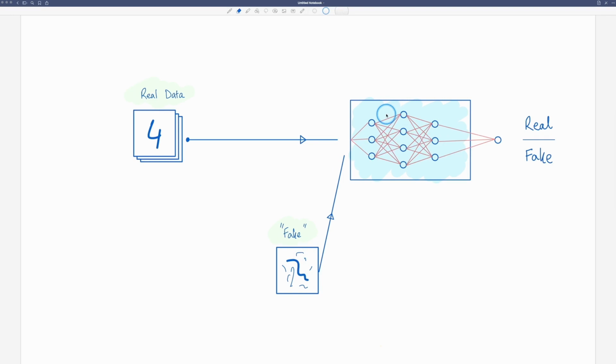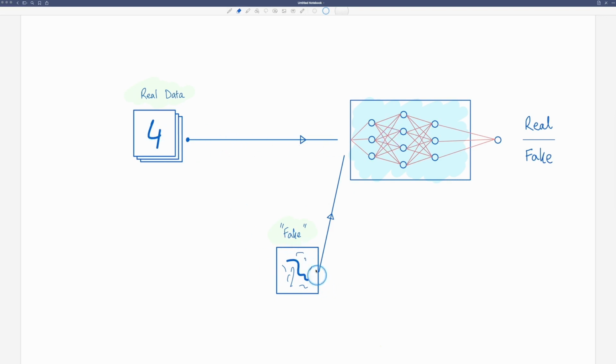Continuing on with our story, if a person comes in and presents a fake note to the bank teller, or the discriminator, the bank teller is going to say it's a fake, but it's also going to tell the counterfeiter that the note is fake because the colors are off, for instance. Whatever feature is used to identify the note as being fake is going to be communicated to the counterfeiter. Using this information, the counterfeiter is going to produce better fakes the next time around, but they're going to make another mistake and that is going to be communicated to them. So slowly and gradually, the fakes are going to get better and better, and the discriminator is going to have difficulty identifying the fake from the real.